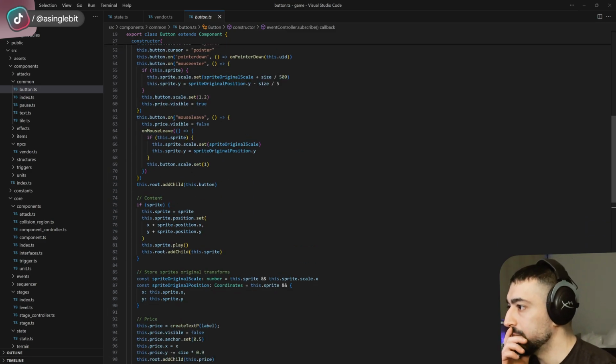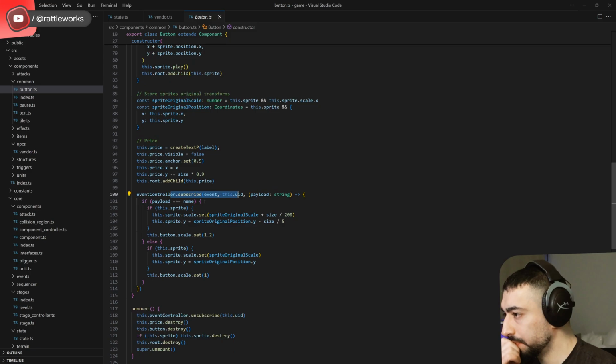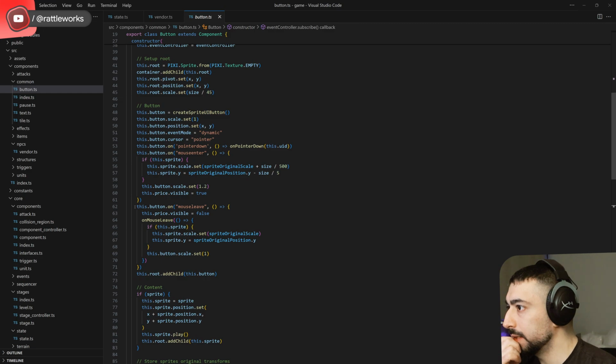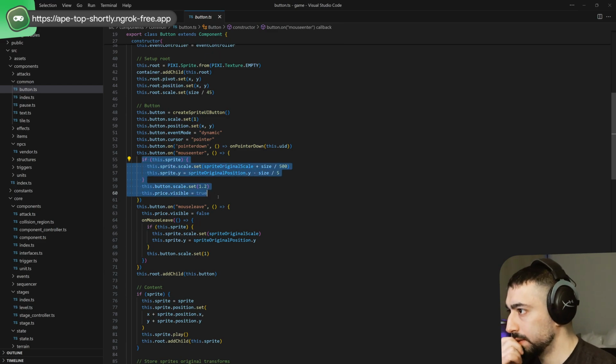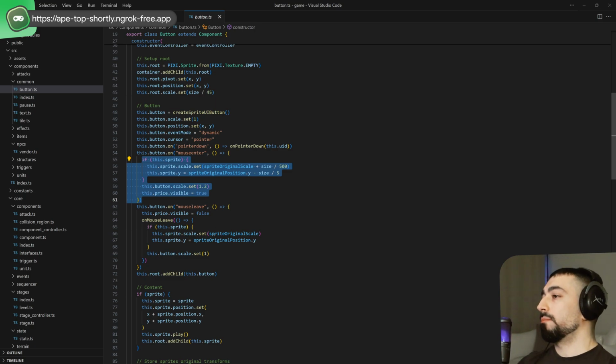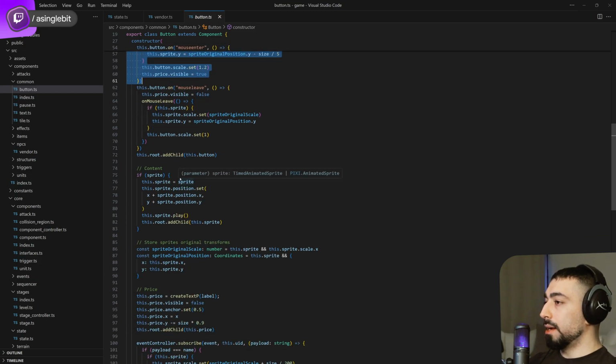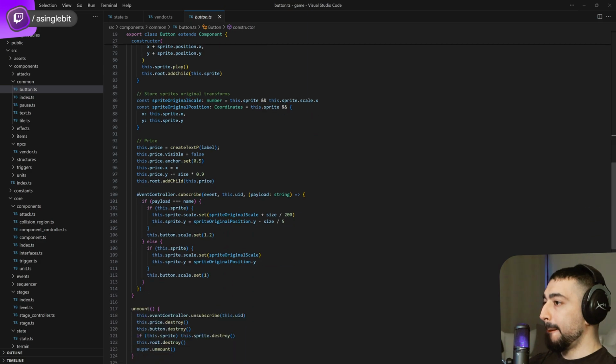So when we create the button in the constructor, we are performing a subscription. On mouse enter, we scale it up, we enhance, and then on mouse leave, we set the scale back to the original number, and we subscribe for the